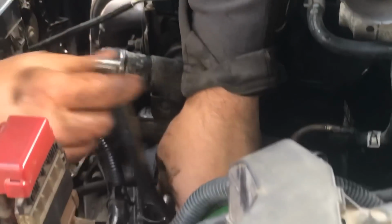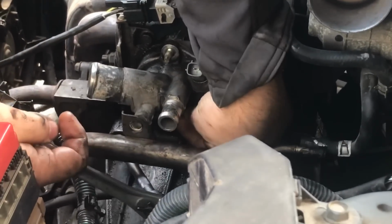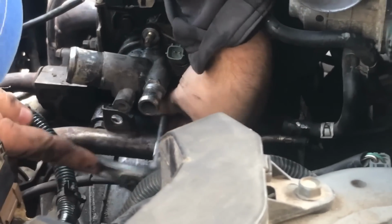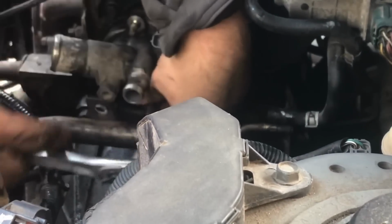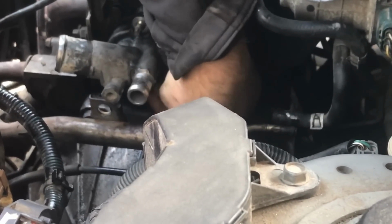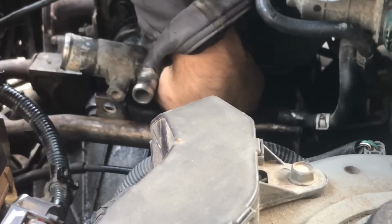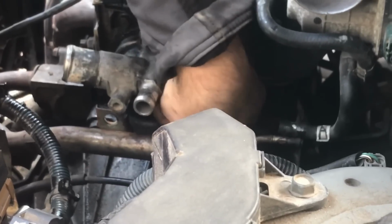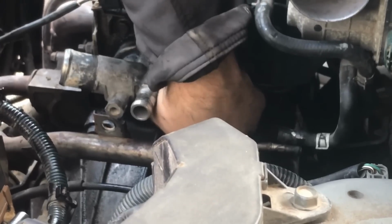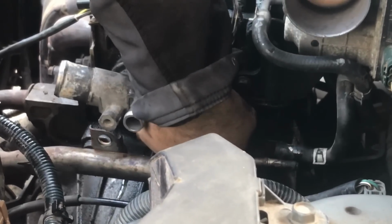Okay, I'm taking off the 4th bolt and final bolt that's underneath the metal pipe. I loosened up the metal pipe enough to where I have an extension and a ratchet to get to that 4th bolt. That 4th bolt down there is the pain and the hardest bolt to get to. But if you keep at it and you have patience, you'll get it off. Right now I'm just finger untightening the